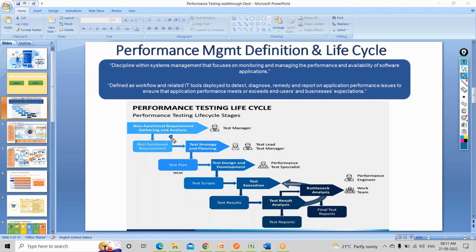Okay fine, by this date I'll get my environment, or if there's an access issue. Let's say you are using an APM tool, getting licenses for that, getting licenses for your LGs, those things are also incorporated. So the test plan is a very detailed document in which every step has to be documented, by what time you'll get it, so that you can track where the project is landing. And these things are done by test leads and managers. Managers can be involved, but usually leads and managers take care of this.